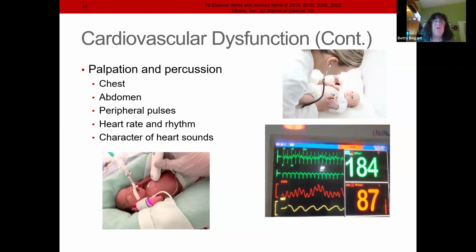When we take these children, we'll connect them to a heart monitor. Usually, yes, their heart rate's going to be a little higher, trying to get blood around. The heart's trying to do what it's supposed to do. Yes, they'll be tachypneic because, again, they're trying to get oxygen around. We're going to be looking at all those pulses, right? Now, if I have low pulses in the lower extremities, those blood pressures are going to be lower.